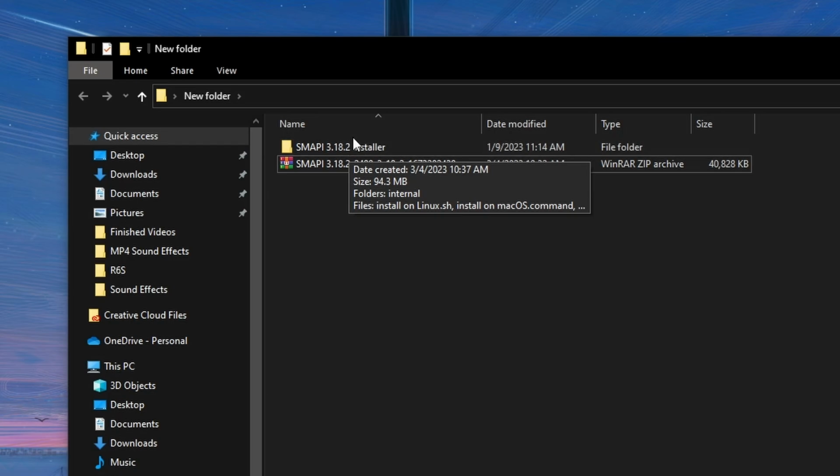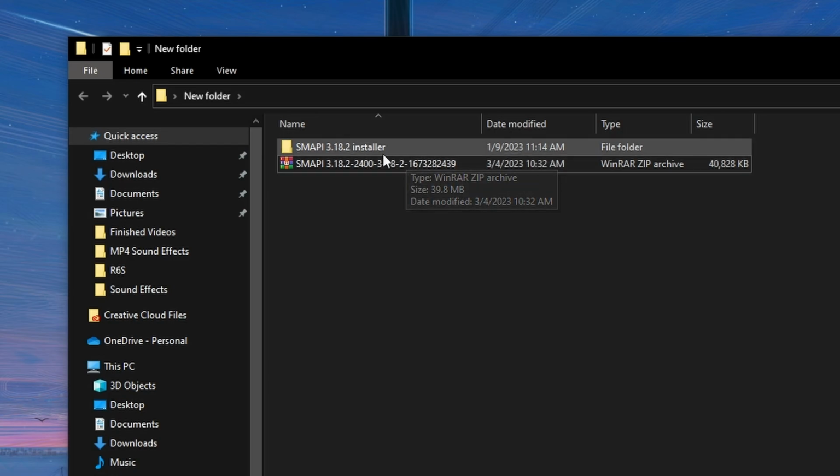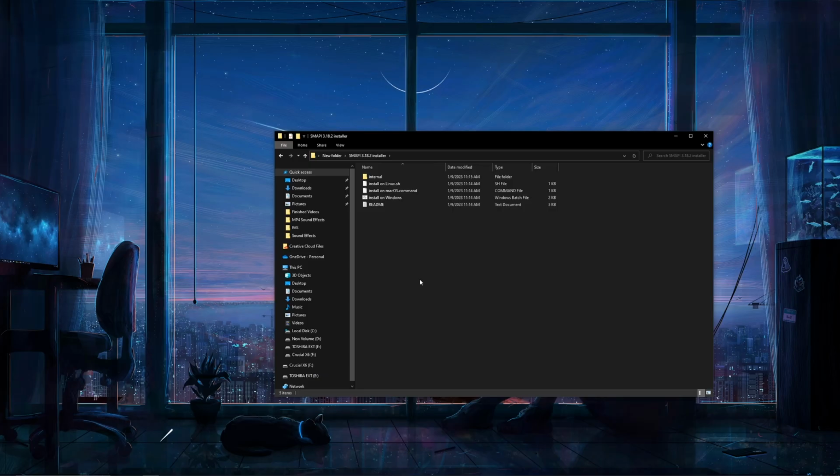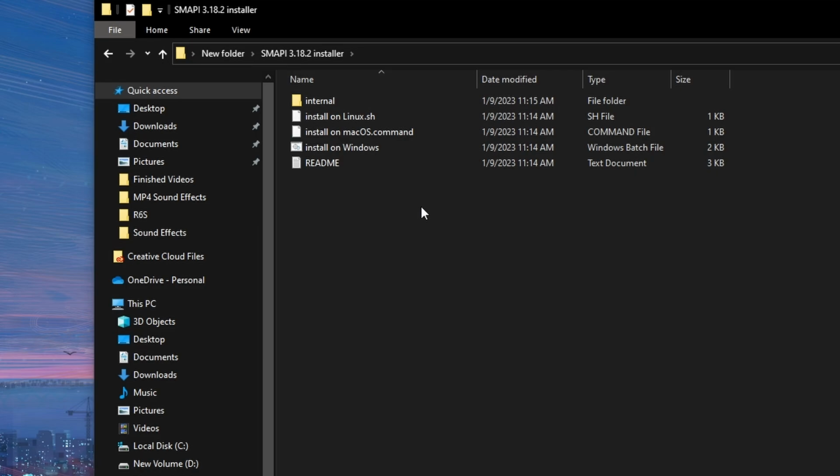So basically inside that zip file, there was a folder with the Smappy installer, and you need this so that you can actually install Smappy. And like I said before, Smappy is absolutely needed for modding because it's what actually holds the mods and allows the mods to run. So once you extract it, you're going to open up the Smappy folder